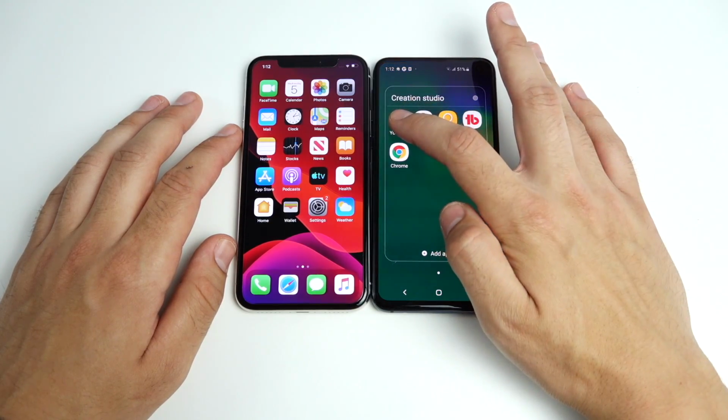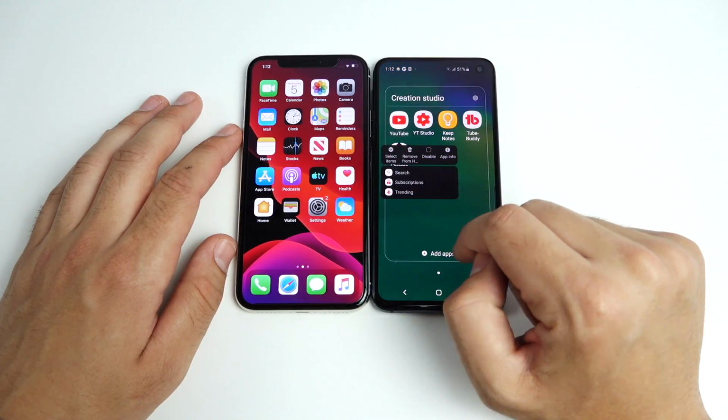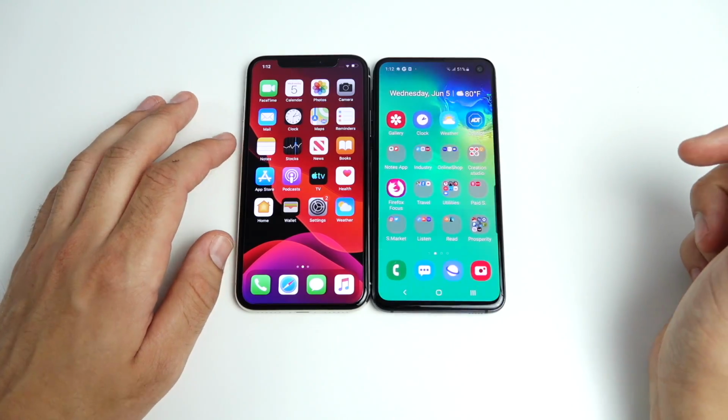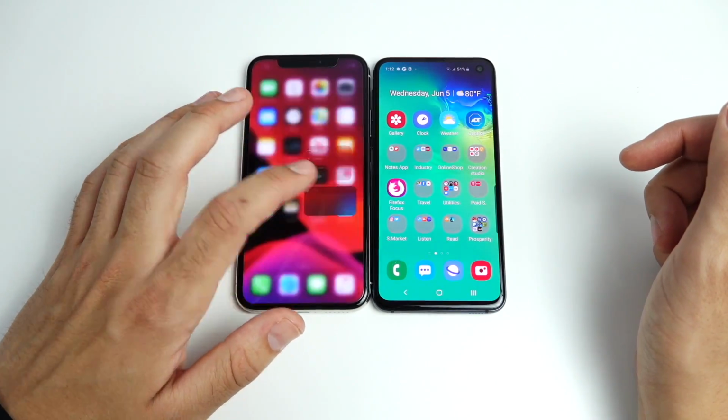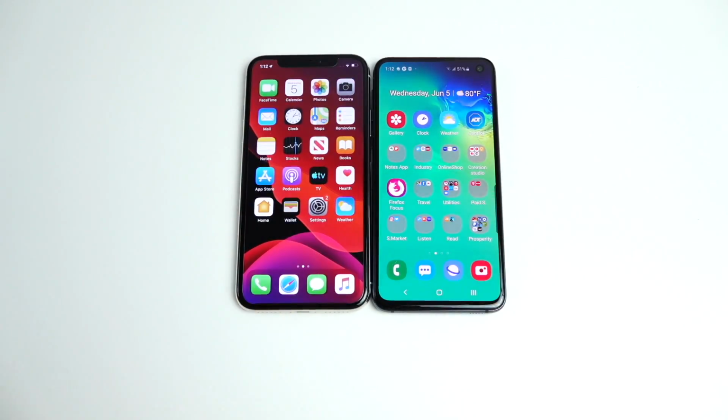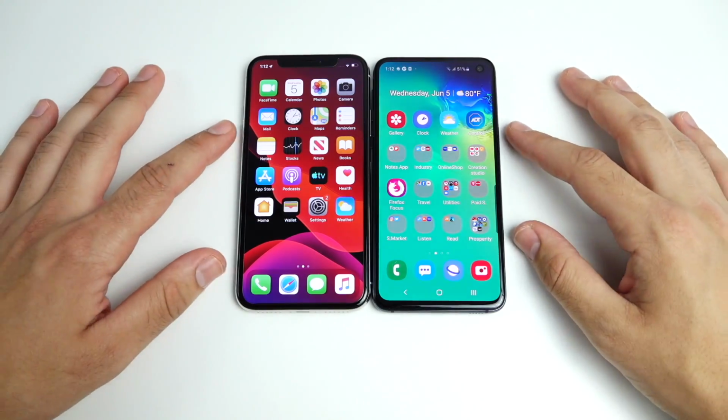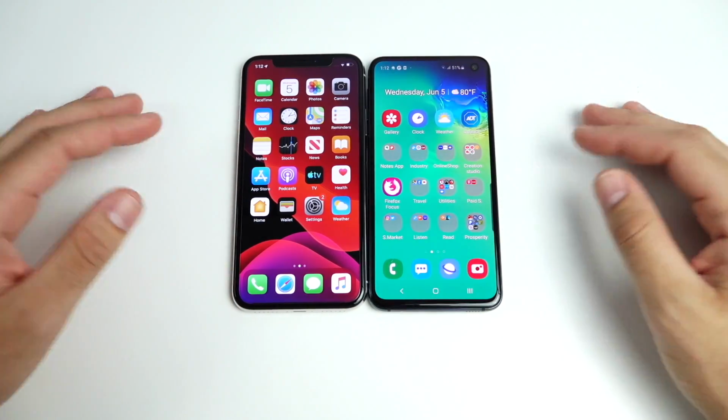You can see search, subscriptions, and trending, but there's just a little bit more of this going on for the Apple device. So I think that's a win for iOS 13 if you like shortcuts into certain features you're going to use in your apps. I don't find most people using that stuff, but it's a little bit better on iOS